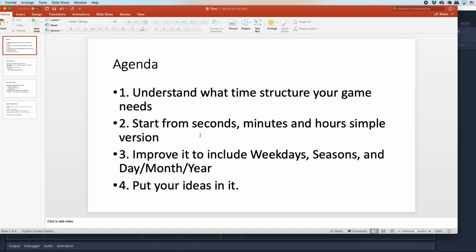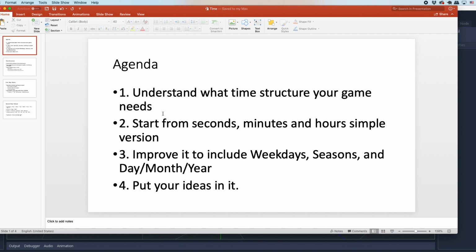Okay, so today's agenda, I'm going to introduce this way. I'm going to use this kind of PowerPoint to make you understand well, because most of my tutorials are related to logic stuff. So I want you to understand well and to learn something for real, not just for fun, right? So today's agenda, first,